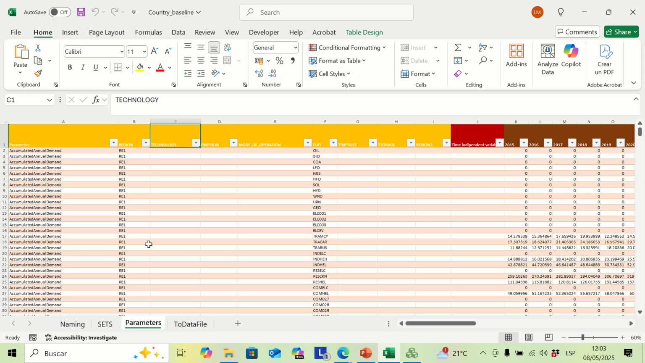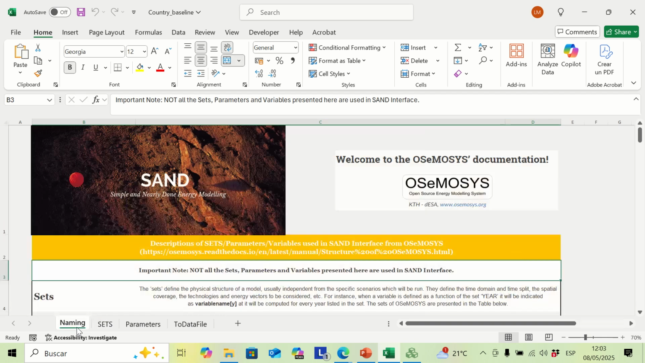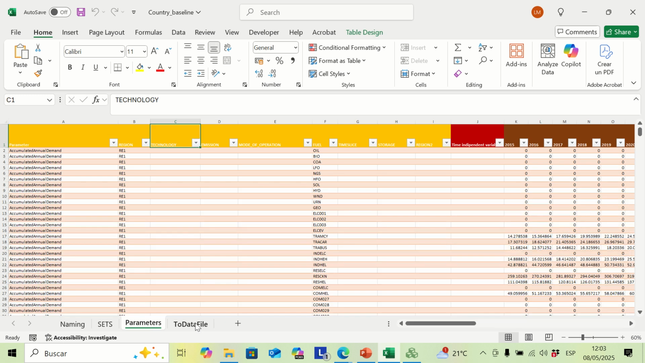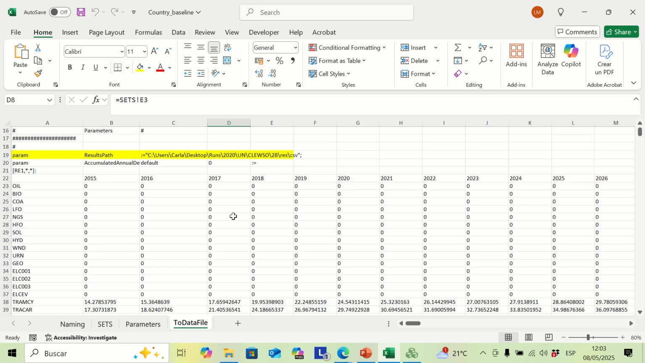This is the structure of the model. Here we have this Excel template where the sets of the model are defined. Here we have an introduction to the content of the file. Then we have the sets of the model, the parameters, and finally the to data file, which is the organized version of this previous tab. So this is basically the structure of the mathematical model in the adequate organization for being understood by any